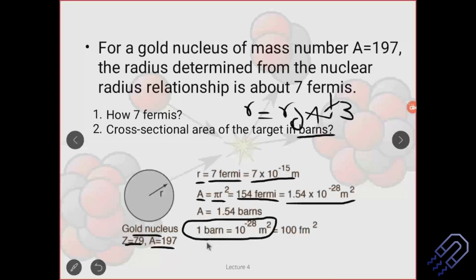The people who designed this term took it from that itself. Okay, that's a story. I don't know how true it is, but it is basically called barn. So one barn is 10 to the power minus 28 meters square. Okay, convert it into Fermi square. That's fine. Even if you don't convert, I think this suffices for you. Okay, so this is nothing but